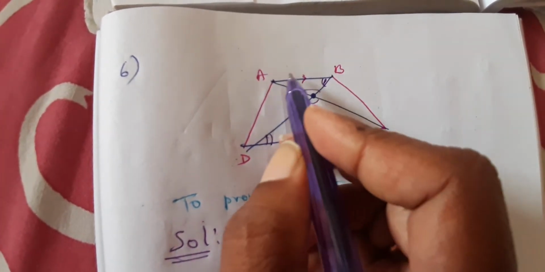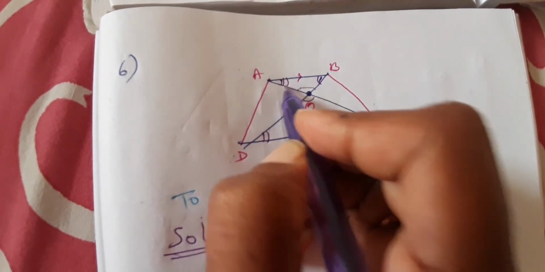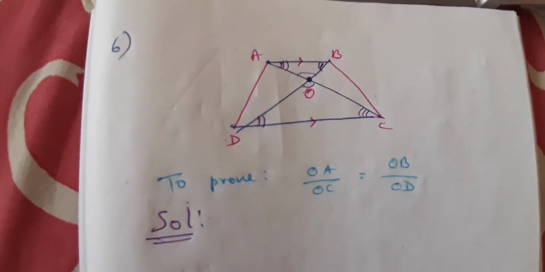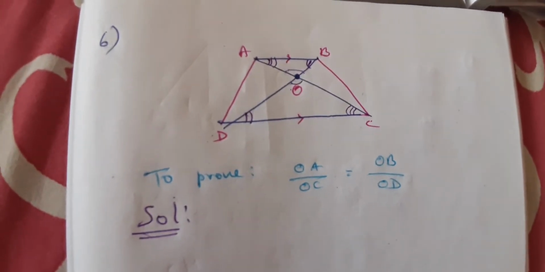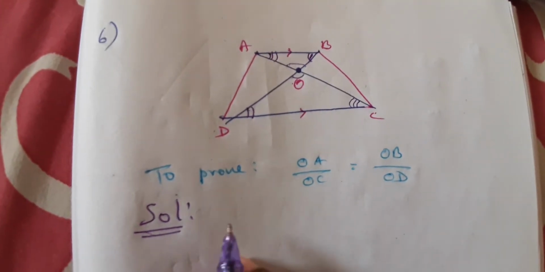Okay, and now these two are parallel. Again, AC is a transversal. Alternate interior angles. The same concept, children. I am not going to do the problem. You have to do it and post it to me. Right? So, alternate interior angles. So, what is the order of similarity now here?